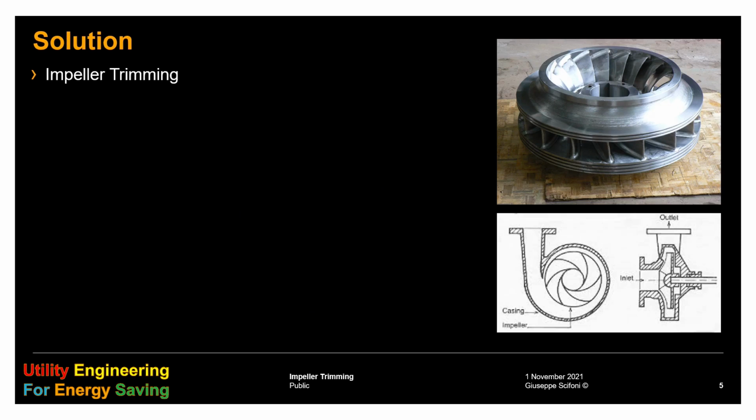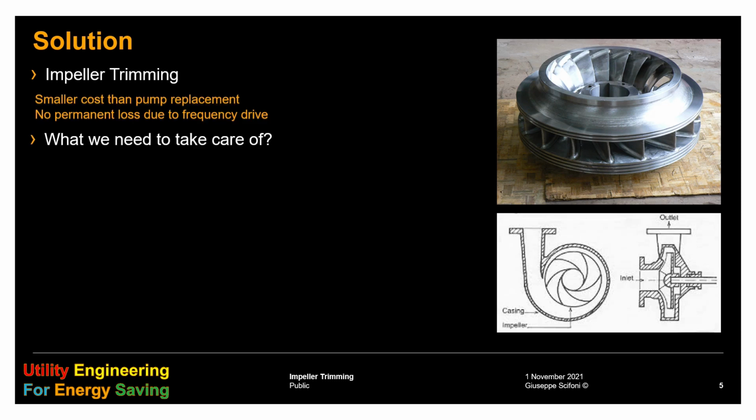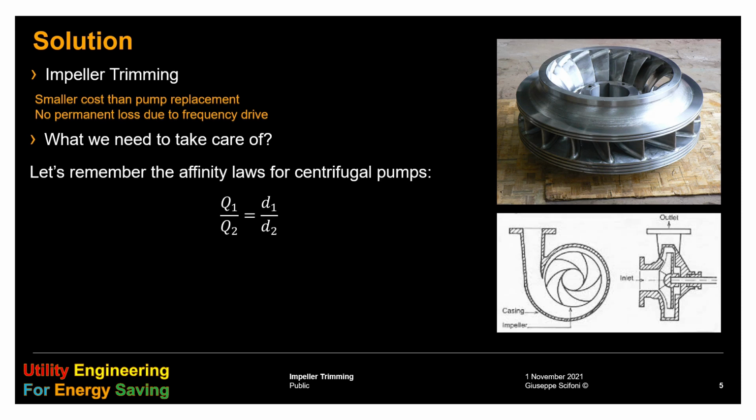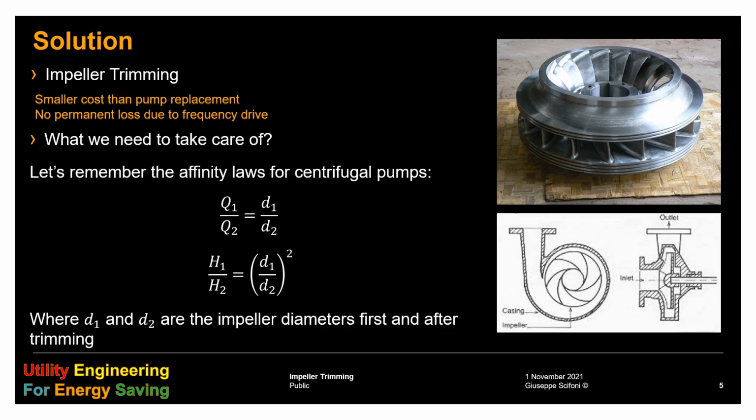Besides changing the pump and adding a frequency drive, we have another way to proceed. It consists of trimming the impeller to a smaller diameter. We need to remember here the affinity laws, saying a relationship between flow and head versus diameter. Definitely, if you reduce the impeller diameter from D1 to D2, the flow reduces proportionally, and the head reduces with